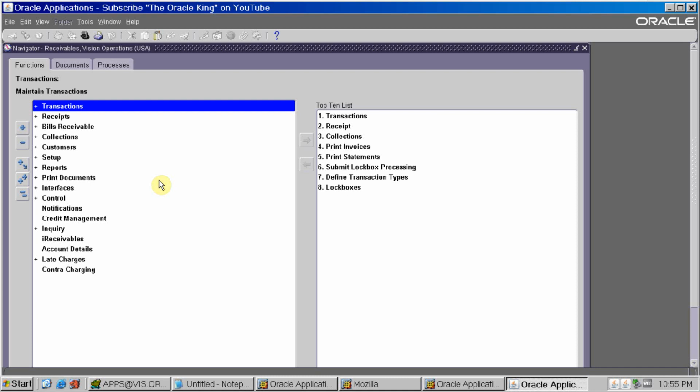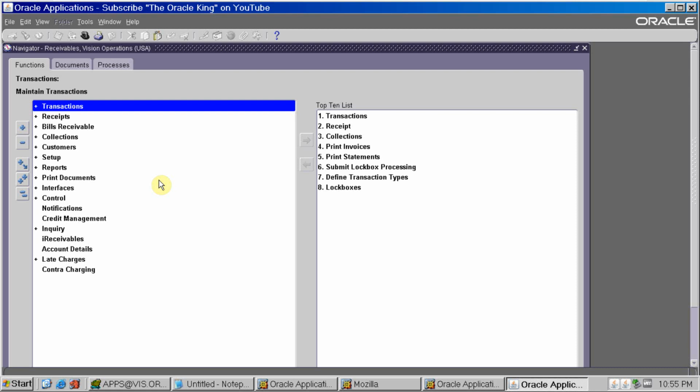The benefit of a customer profile is that when we create one, it groups the customer accounts. For example, if you have three types of customer, suppose one is for late charge, one is for contract, and one is for discount, you can create three customer profiles: for late charge, discount, and contract.